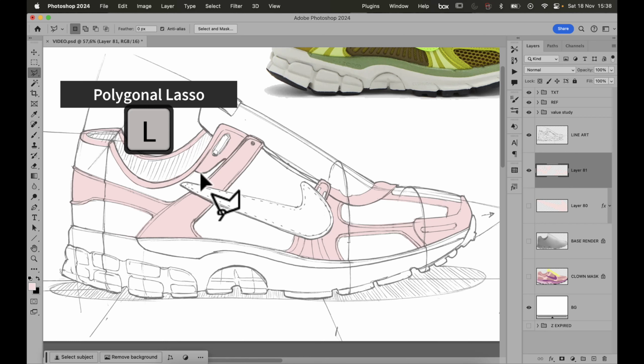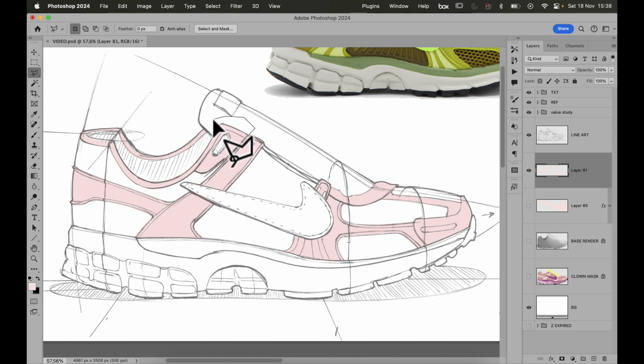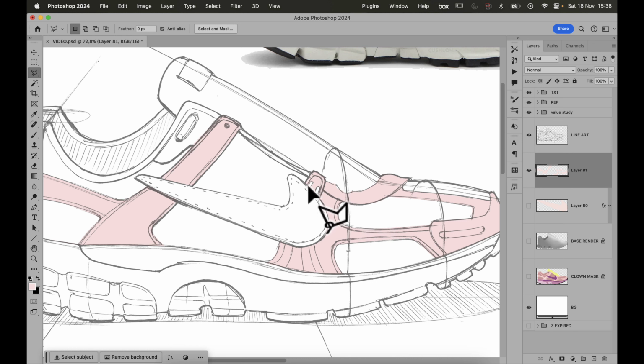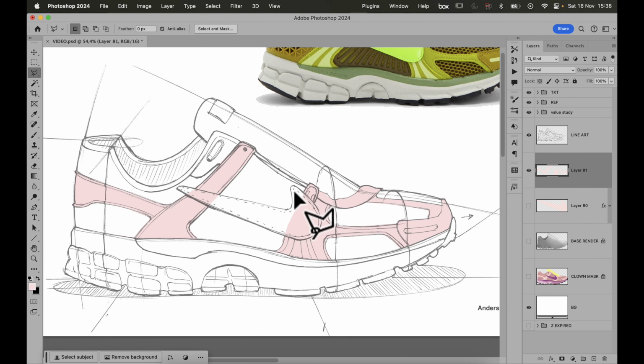Okay, so what I want is to cut out some of it. Actually, I'm going to take off all of this. And now, if I were to fill this, it will have a highlight here as well. So what I'm actually doing, I'm going to paint it in, like so. And then I am applying the effect.